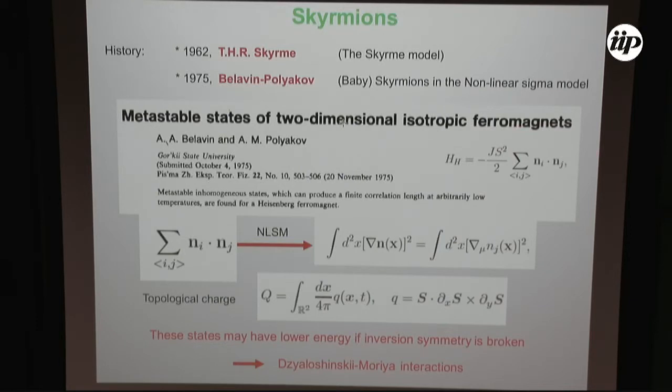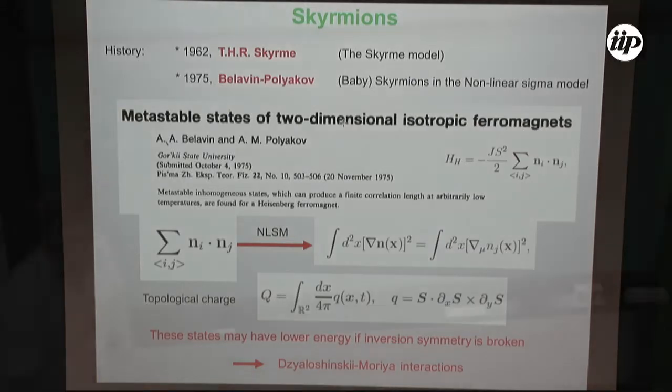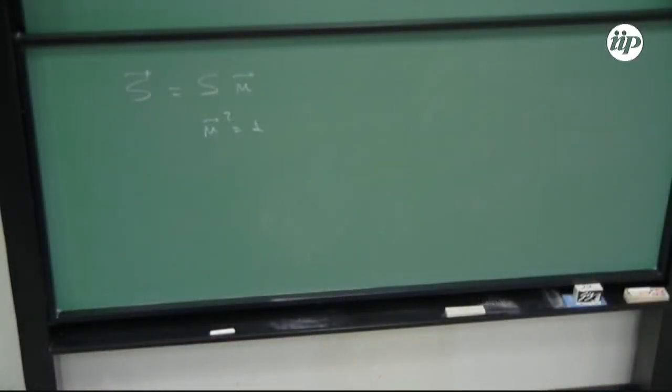And here maybe I will just clarify the notation because I'm mixing. So normally I have used this kind of normalization in the notes, so sorry for the mixture. So n with the s square here, this is just an exchange Hamiltonian for a ferromagnet. And if you go to the continuum limit, you get the nonlinear sigma model, which looks like a Gaussian model, but you have this constraint. So this is why it is nonlinear field theory.